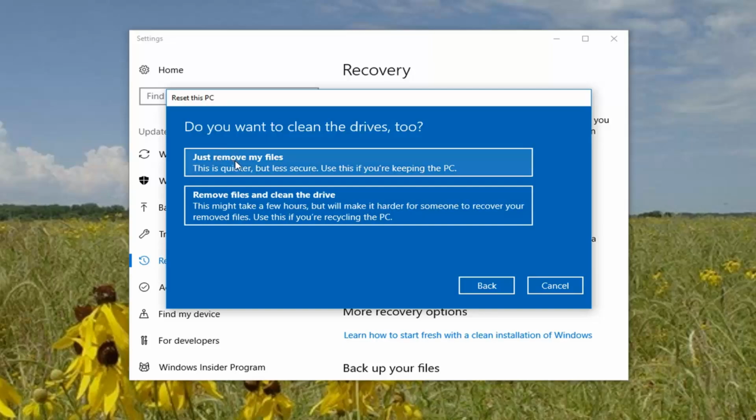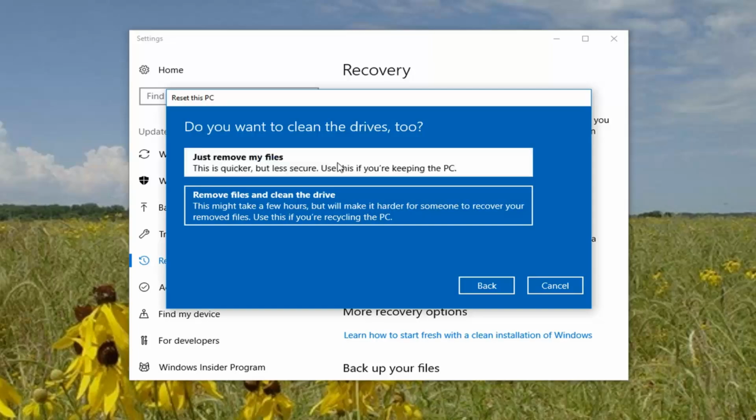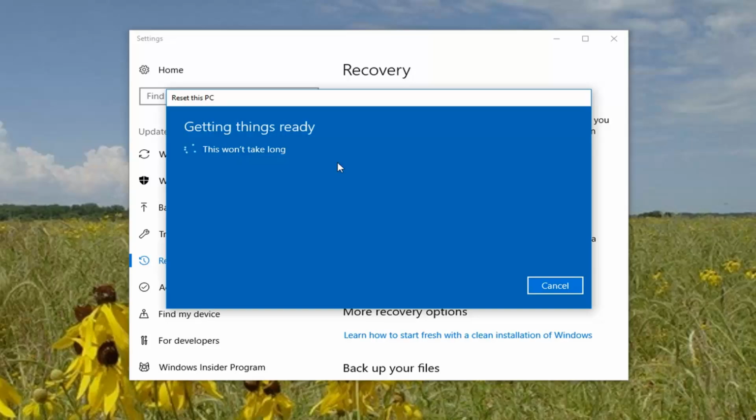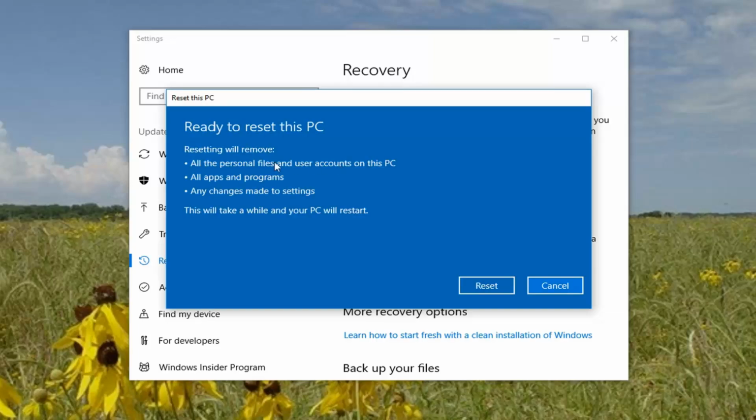If you select just remove my files, this is if you're going to be reusing your computer again. The second option, remove files and clean the drive, is if you're going to be donating your computer or giving it to somebody else to use. So it really depends, and the first option will be quicker as well. So for most people, the first option, at least at the time of this recording, should be sufficient. So I'm going to just select just remove my files,